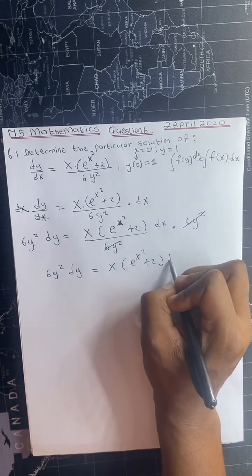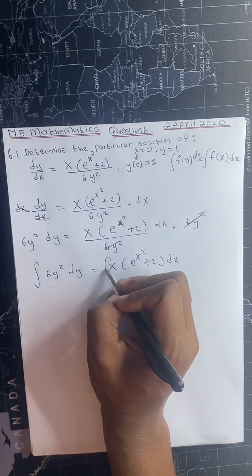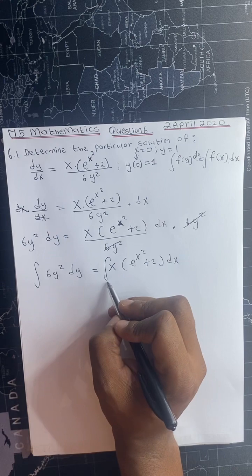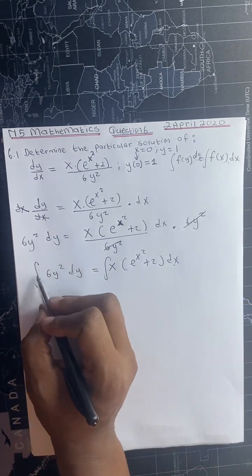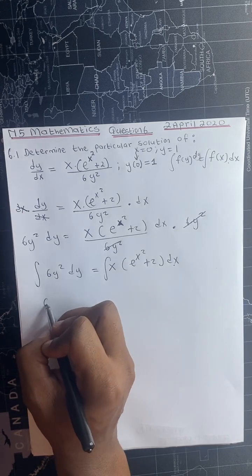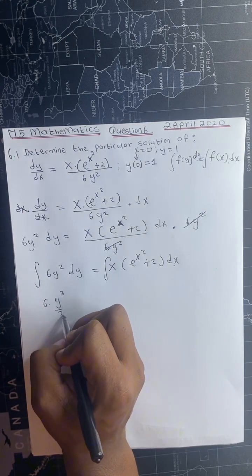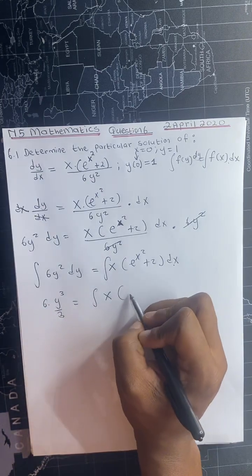plus 2 dx. From here we integrate the left hand side with respect to y, and we integrate the right hand side with respect to x. So the integral of this 6y squared with respect to y will be equal to y to the power 3 over 3, and to integrate this right hand side